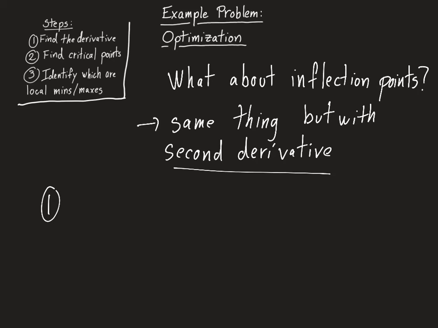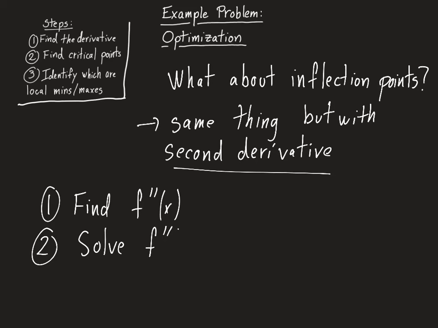Step 1 is going to be to find a formula for f double prime of x. Step 2 is going to be to solve f double prime of x is equal to 0. And step 3 will be to identify